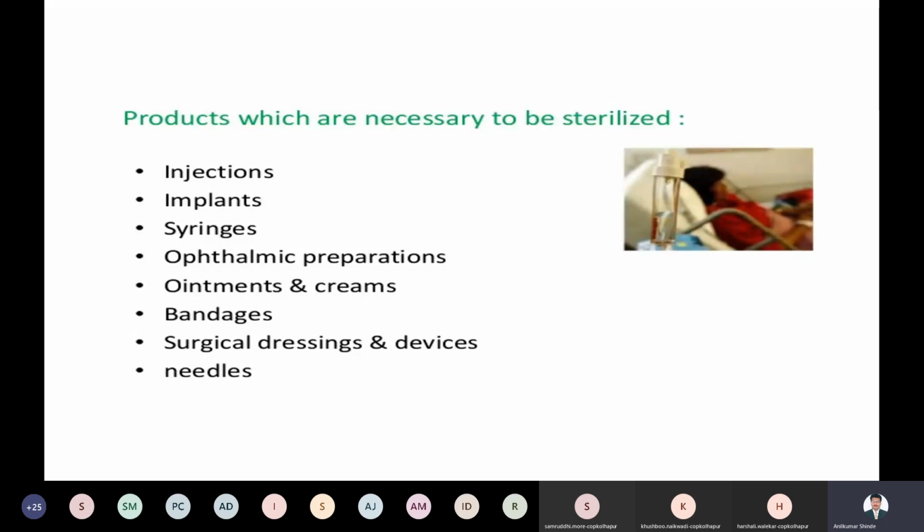The polyethylene granules you can just melt, right? And these melted granules are kept in the mold, the plastic mold. So you can prepare the plastic bottle. Then after preparation of the plastic bottle, you can fill the preparation into that bottle, and then again close the bottle. So this process happens at a time, and that's why it is called form, fill, and seal.